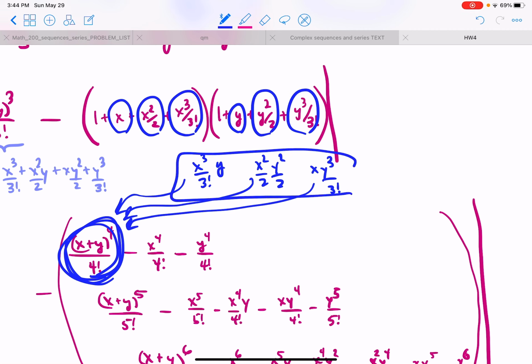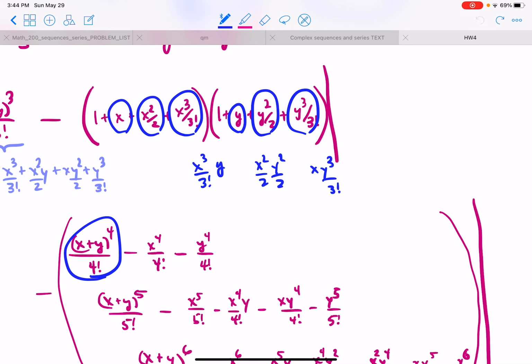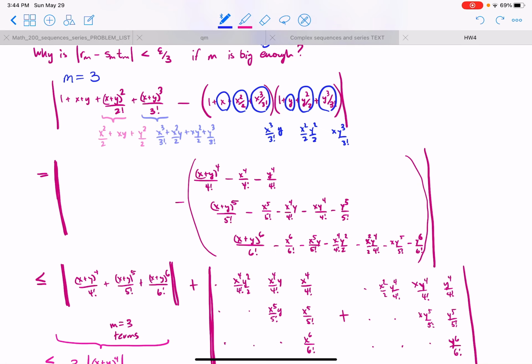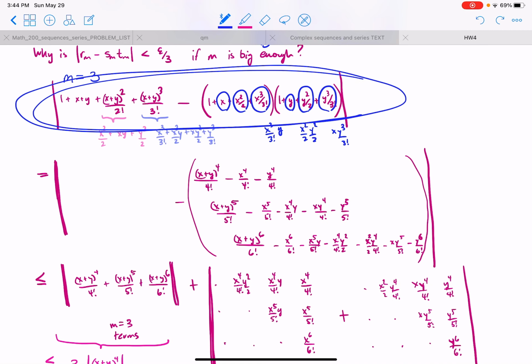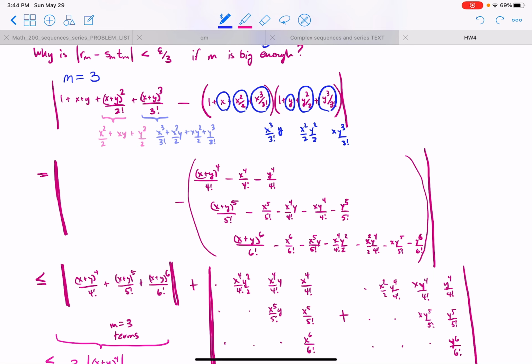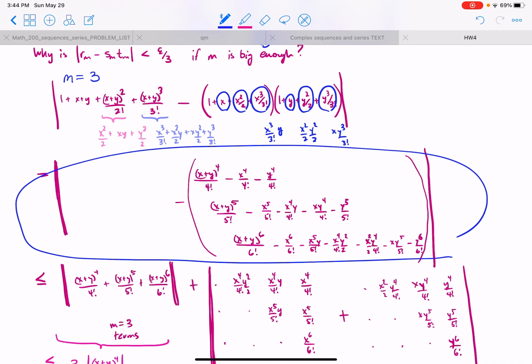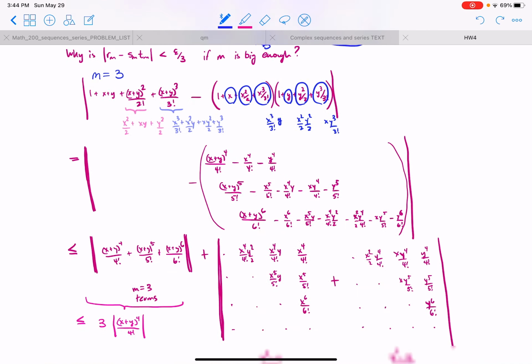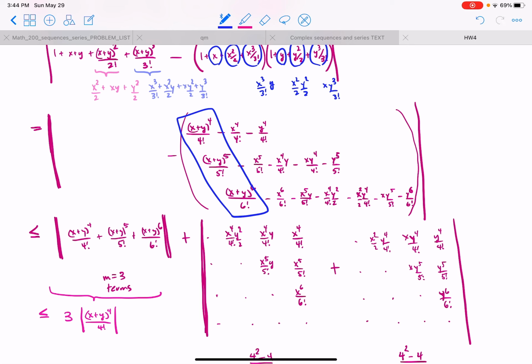So we have all of these. What we don't have is this one, and we don't have this one. So I've written it in terms of what we don't have. This whole thing, after cancellations and writing it in terms of what we don't have, is this. Okay? Now what I'll do is I'll take these things and split them off over here by the triangle inequality,